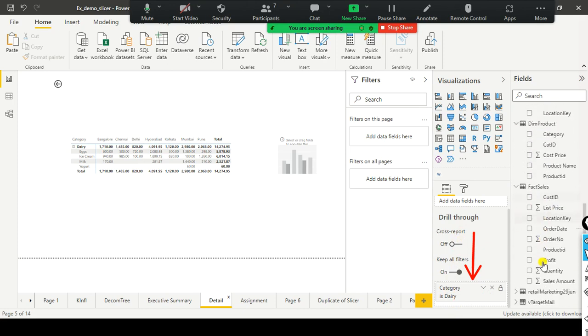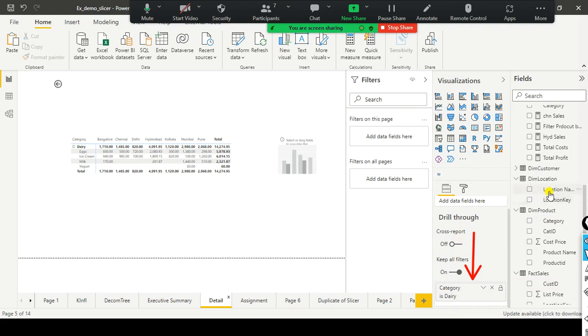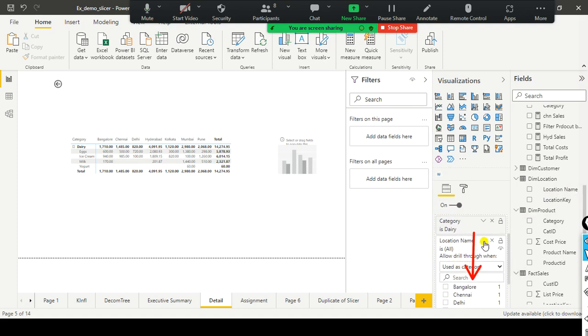For example, in the dim location table, I can drag and drop that one also. You can drag and drop more than one column under this drill through. Look here, category, location name. All I mentioned here. If I go back to the previous page,